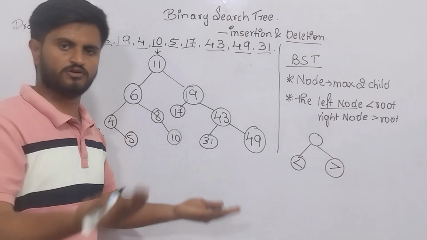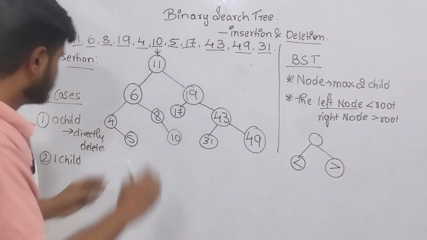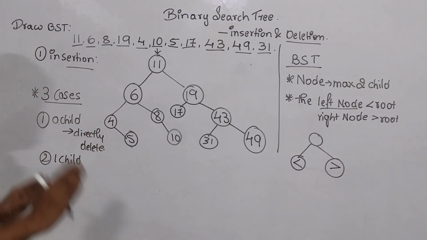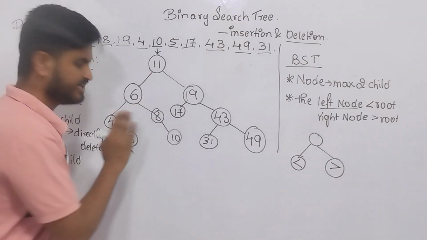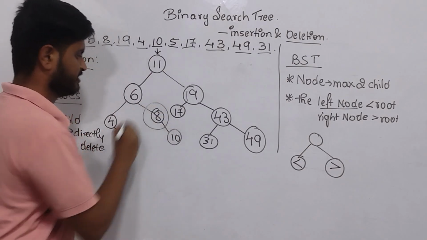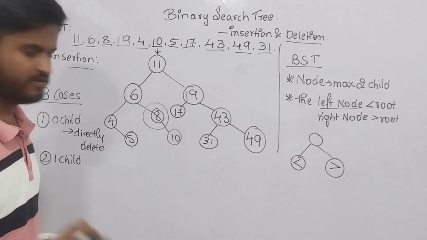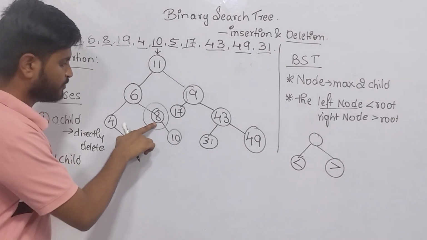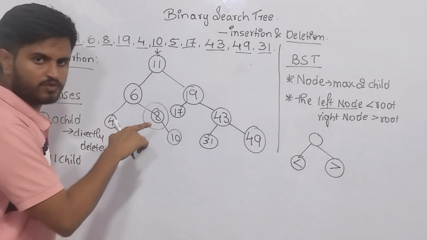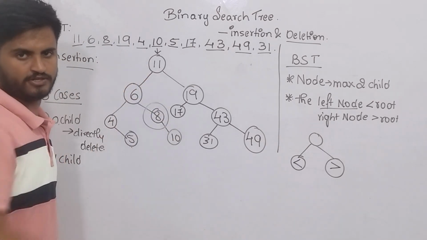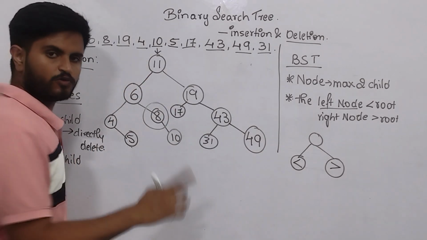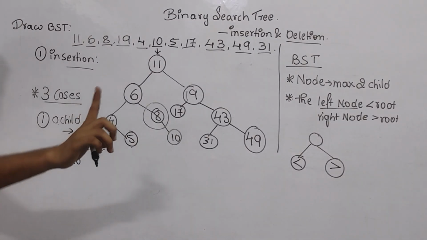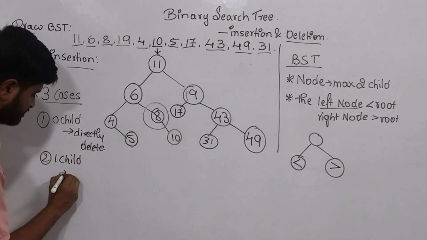In the exam, they will give you the values to delete. So, I am giving the scenarios only. Now, I want to delete 8. So, what I will be doing is, replace the value you want to delete, or the node you want to delete, with its child node. Since we are having only 1 child, to delete the 1 child node,